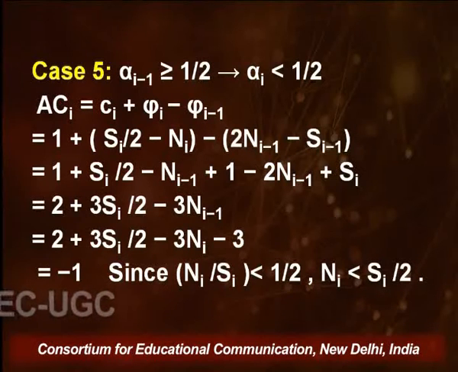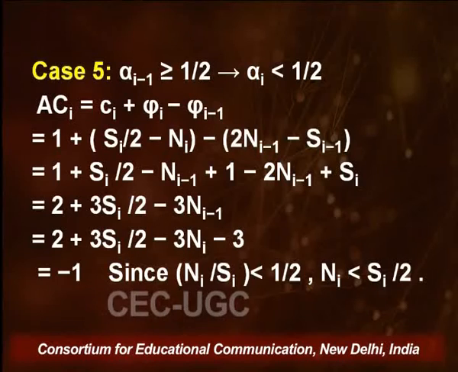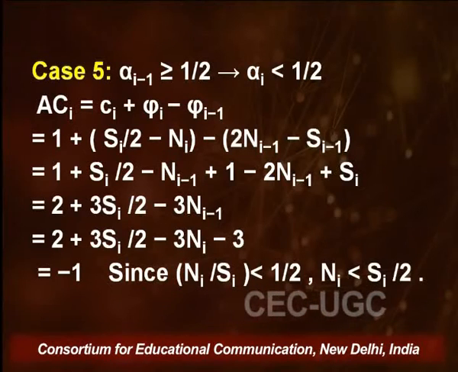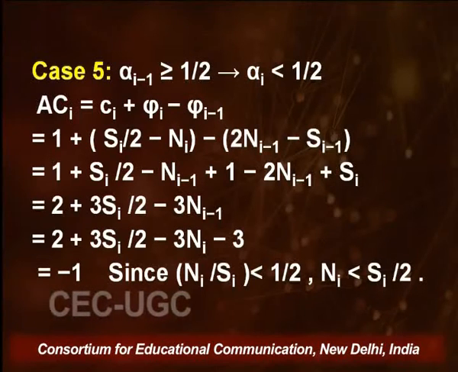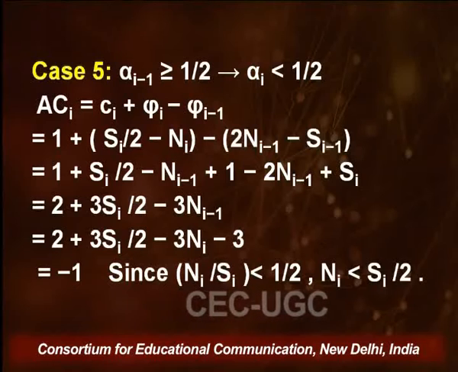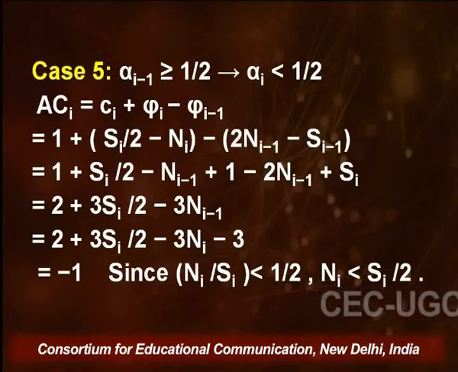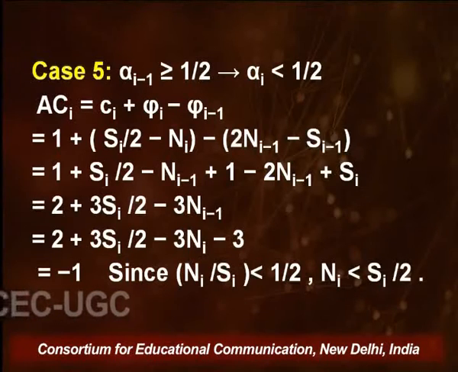So, the value of n of i has been put in and we have got minus n of i minus 1 plus 1, because the negative sign changes because of the minus term. Then we simply put in the values where s of i minus 1 has been replaced by s of i, because there is no change in the size with this deletion operation.